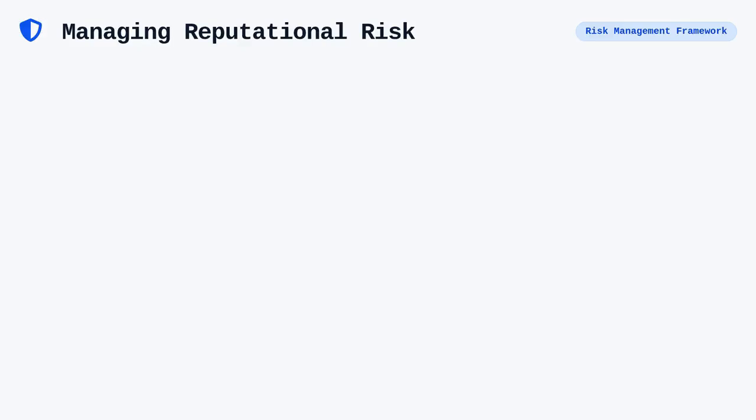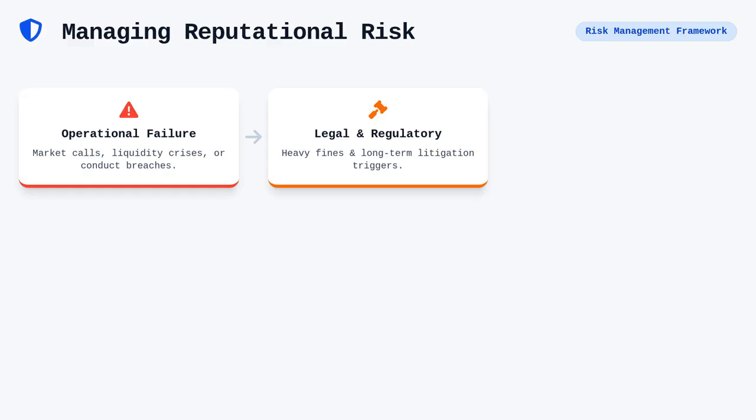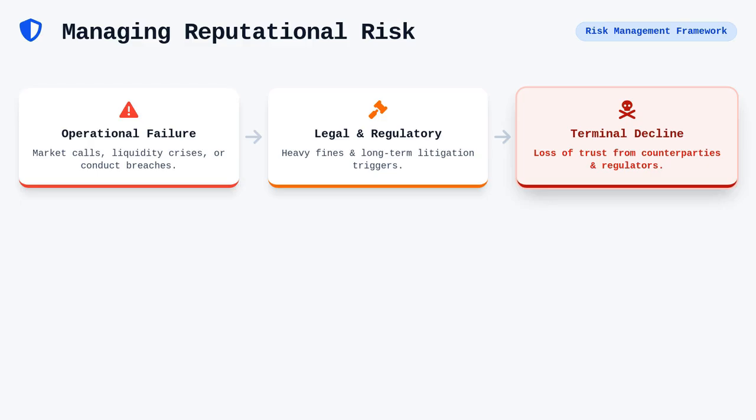Reputational risk acts as a secondary, yet potentially more damaging, consequence of operational failures. An institution can recover from a liquidity crisis or a bad market call, but losing the trust of counterparties and regulators often leads to terminal decline in the global marketplace. This risk is deeply intertwined with regulatory and legal compliance, as a single high-profile breach of conduct can trigger heavy